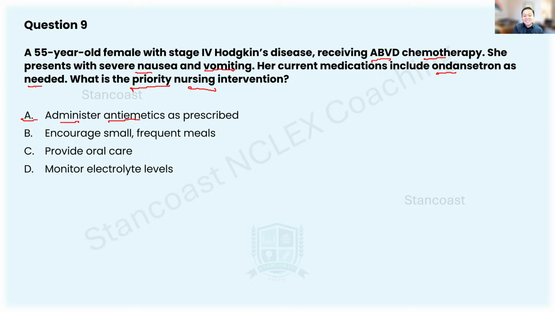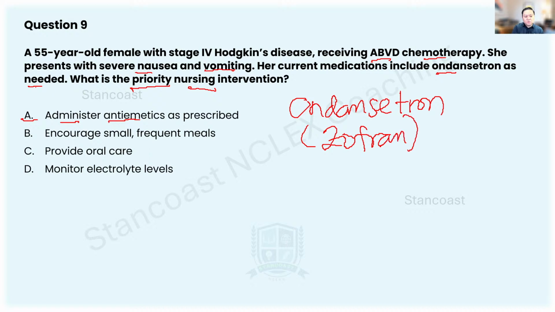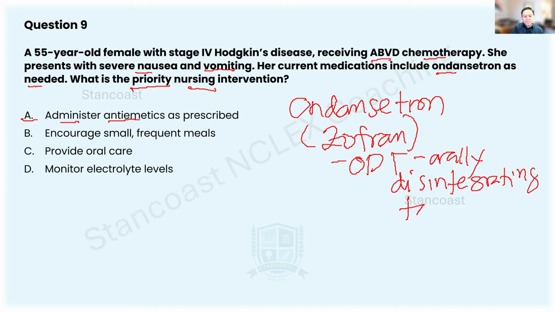Ondansetron is an antiemetic medication. Have you heard of ondansetron, guys? Known as Zofran. Are you familiar with the name Zofran instead? Have you heard of the ODT, orally disintegrating tablet? Orally disintegrating tablet. Yeah? Okay, so in order for us to manage their nausea and vomiting, we are going to do letter A,